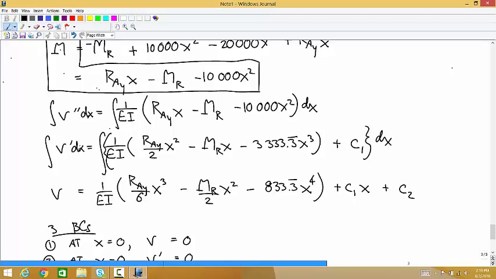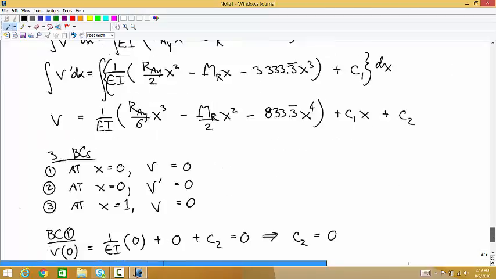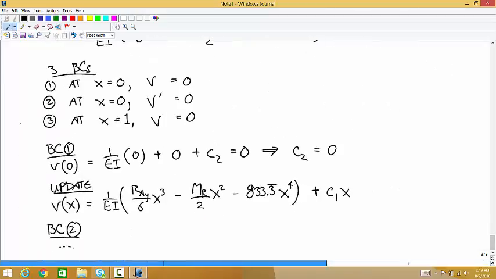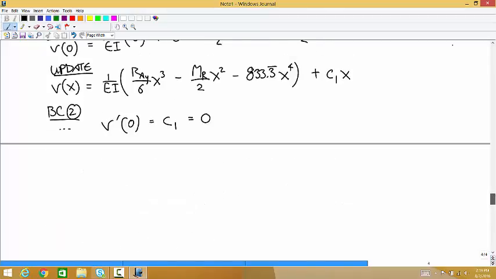So if we plug in x equals 0, we get that v prime at x equals 0 is just equal to C1. So v prime at 0 is equal to C1, and that has to be equal to 0. So we can update this function again,